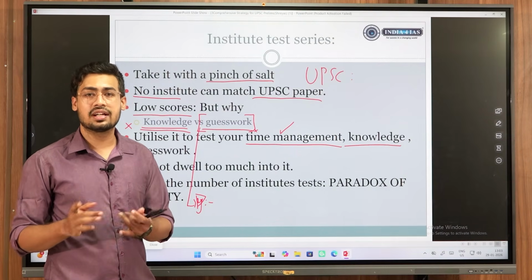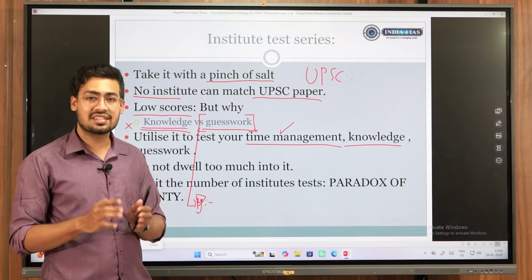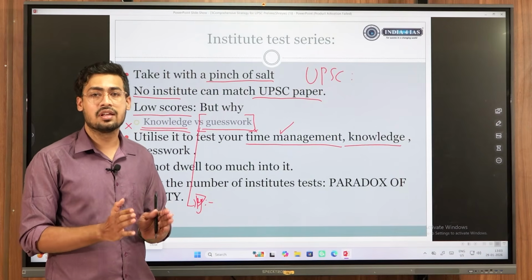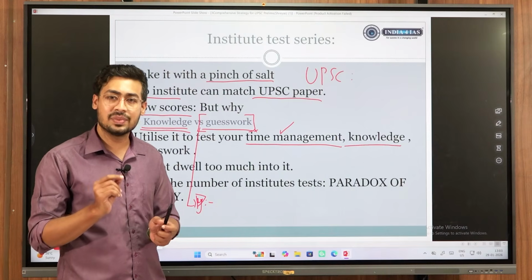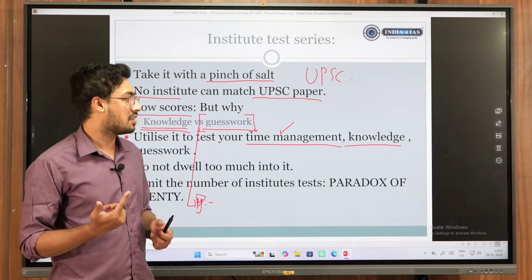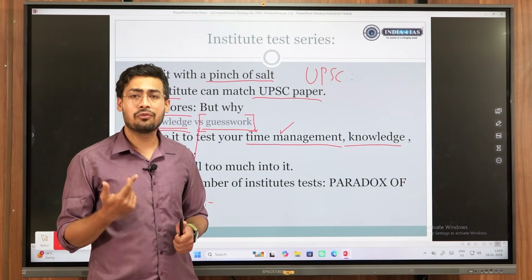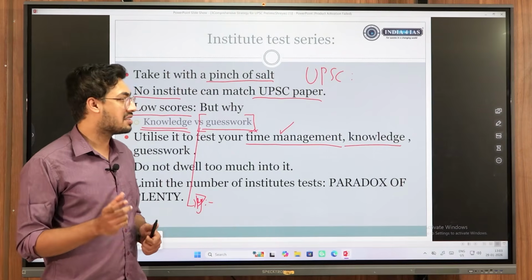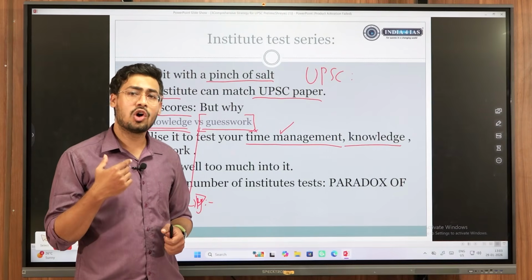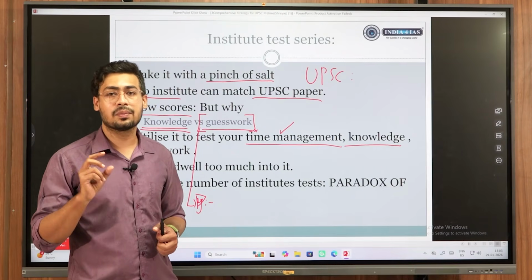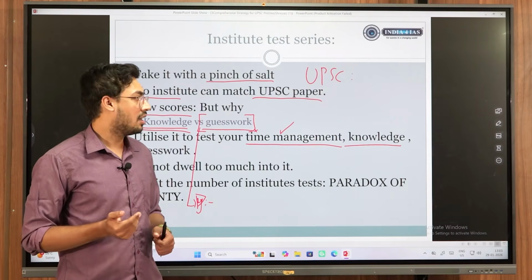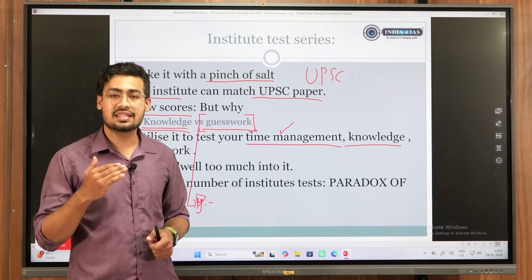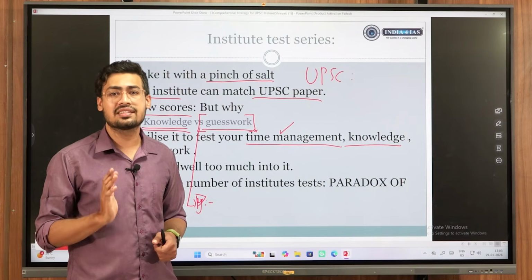Now we know in geography that tsunami, climatology, ocean currents are important facts, important concepts. So if there is any important fact related to the important concept, please make a note of it and add it to your knowledge. But if it is less important, for instance, there is some body which is not that known and it is coming up with a certain report, do we need to remember it? I personally would suggest no, because the chances of asking that question is very less in UPSC,